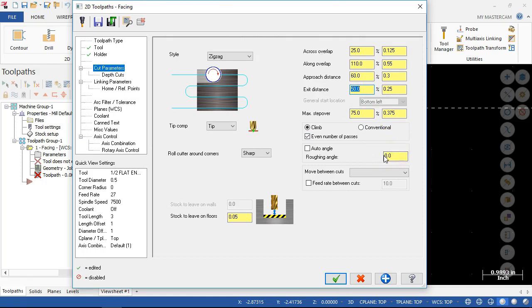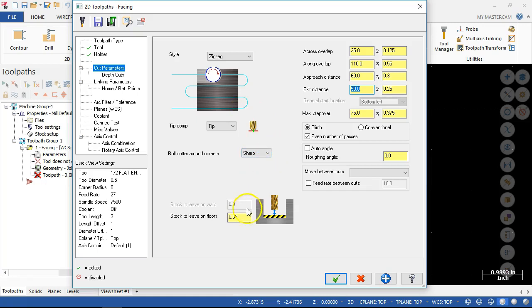If you have a part that is going to be an advantage running it at 45 degrees, then set it to 45 degrees. If we want to override the move between cuts, this is showing kind of an arc, which is a smooth transition. It doesn't have to come to a stop, decelerate, and then change directions. It just stays throughout the curve or throughout the arc